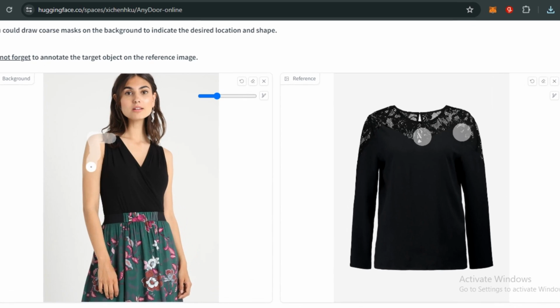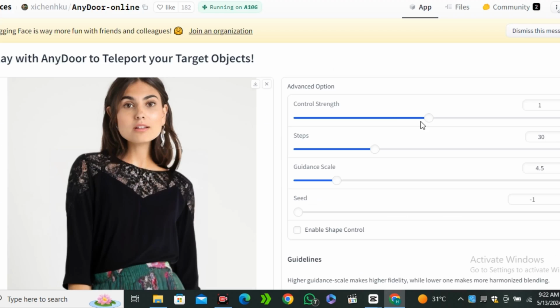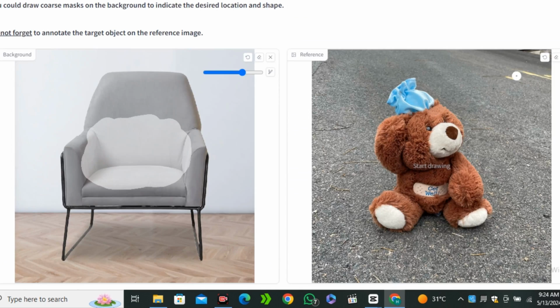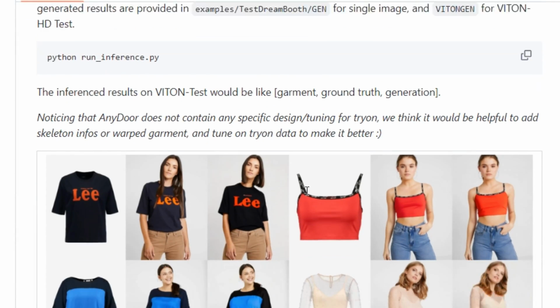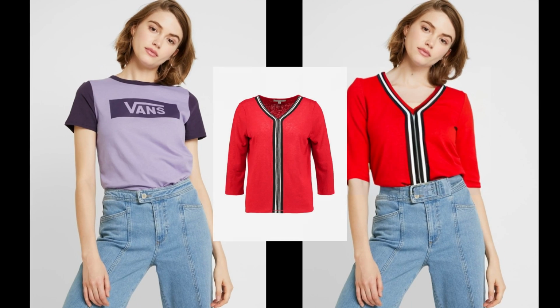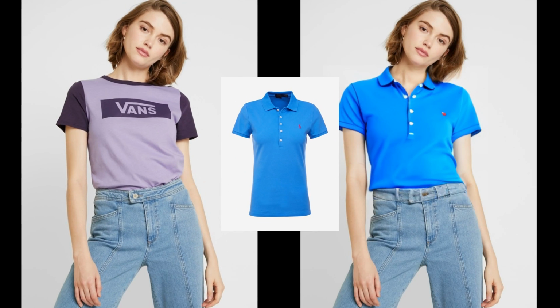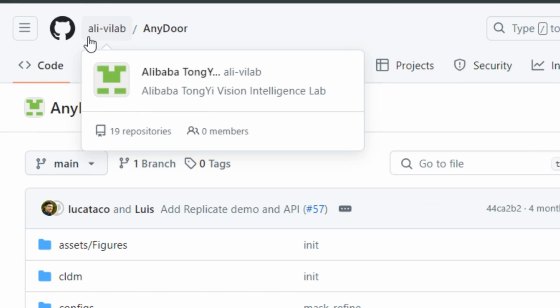So now you guys can seamlessly change the dress of any image in just a few clicks. And it's not just about the dresses, you can change anything inside of the image. And guess what? This is all for free. So what is this AI tool? Let's find out. Okay, so this little gem is called AnyDoor AI, and this one is also from